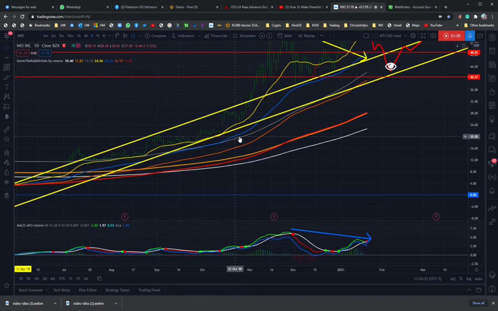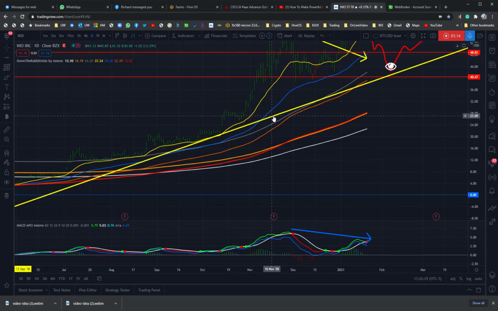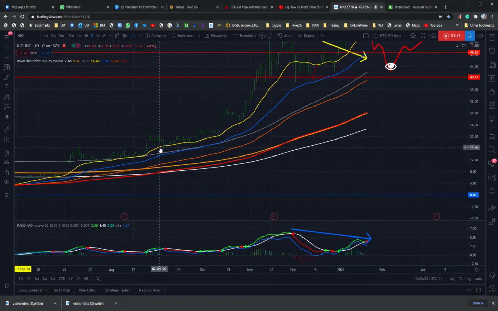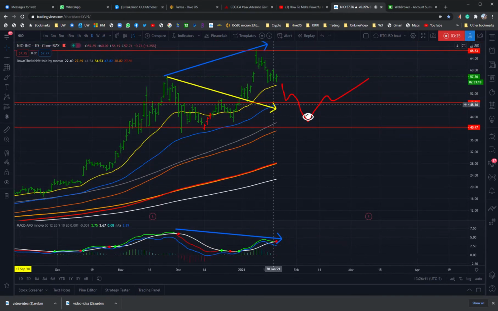So we were playing with the 20. Let's get rid of these lines. Delete. So we were playing with the 20 having support, and it started to fail. We started to rely on the 50. So that is the EMA that we should be looking for, and that's kind of lining up with what I'm hoping is going to happen. It's almost as if the phase of the turns flipped or inverted, right? So I think what we're going to do is we're going to test and then maybe head back up, but